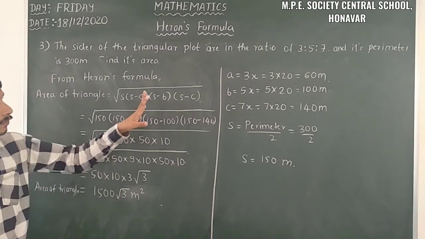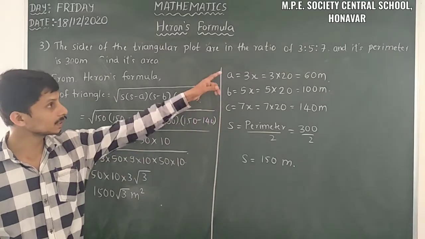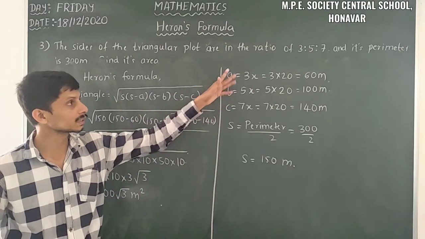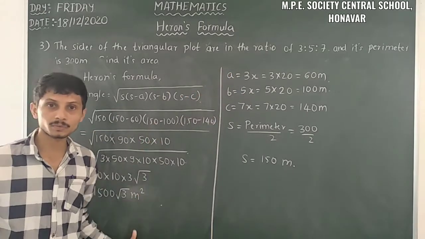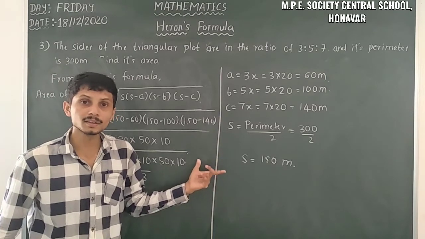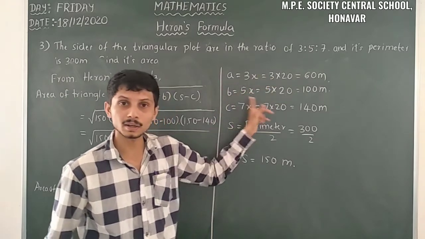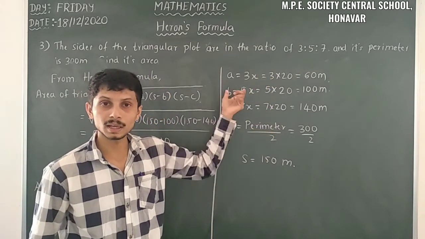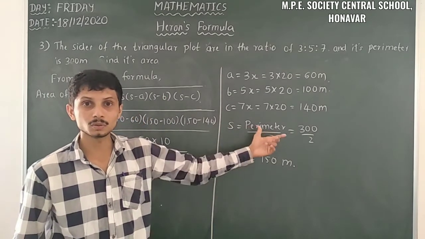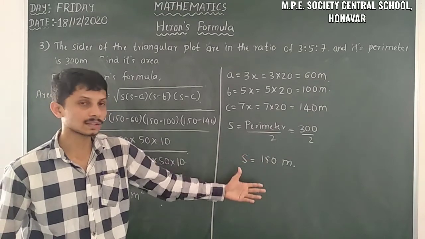Okay, so then here we have the problem. So this is the solution of this problem. Initially we have the ratio. Using the ratio we have to take all the sides as 3x, 5x and 7x, and then we have to find the value of x using the formula for finding perimeter. So then we have the value of x. We have to insert the value of x in each and every value of a, b and c. So then we can find out the value of s. Using the perimeter and when we divide by 2, we get the value of s.